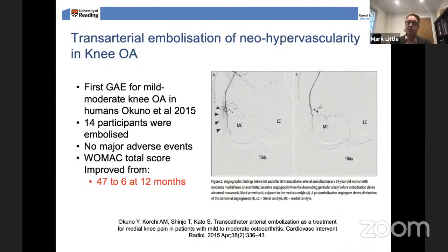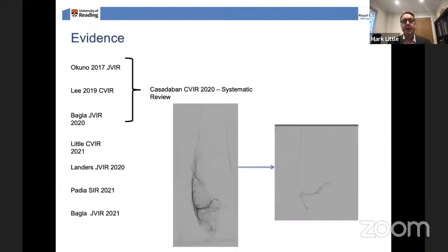And again, this notion of trying to speak the same language. WOMAC is the Western Ontario McMaster score. It's a validated questionnaire for OA knee, which is throughout a lot of the orthopedic literature. And following this, they found an improvement from 47 at baseline, excuse me, to 6 at 12 months. So significant signal there. And since that time, there's been a number of studies, mostly cohort studies, until 3 weeks ago,